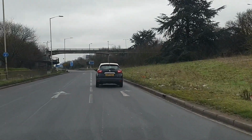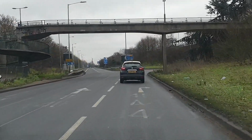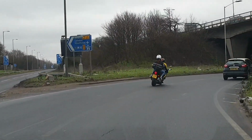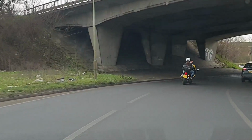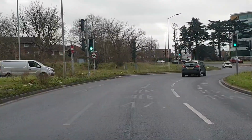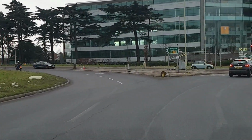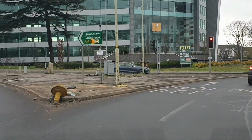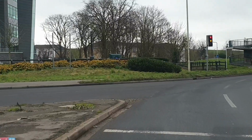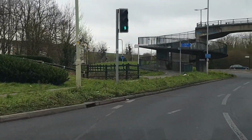I'm in the very right hand lane, and soon this lane I am in right now is gonna become a middle lane. So that was the first exit on the left, and now you can see I'm in the middle lane. So this is the second exit coming up on the left, which is towards Hounslow Colnbrook, and now I'm gonna move to the very left. So this very left lane is gonna take me towards Datchet,